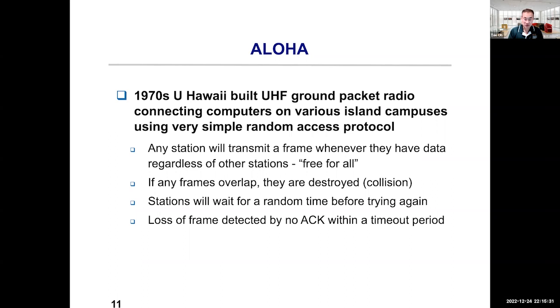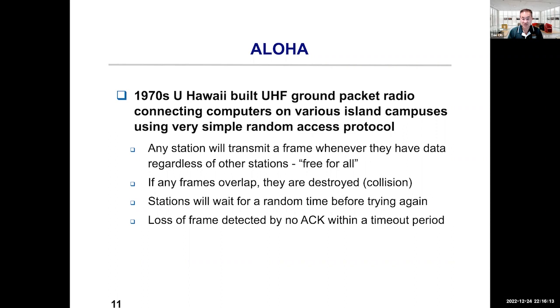For most of you, when you were little, you used a walkie-talkie, right? You talk to one person, then another. That's not really a packet radio. That's more of an analog way of sending. What I mean is sending in a digital format. So at the time, they had a ground packet radio connection to the computer on the various islands in Hawaii. There are many different islands around Hawaii, using a simple random access protocol. It simply accesses the wireless medium randomly,